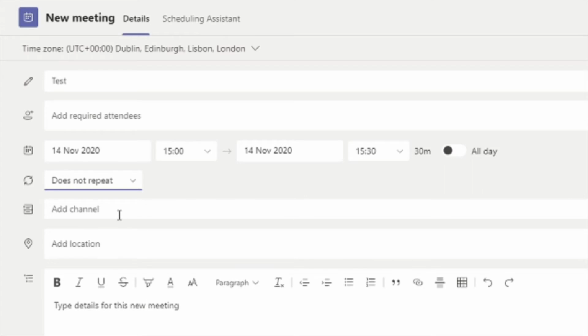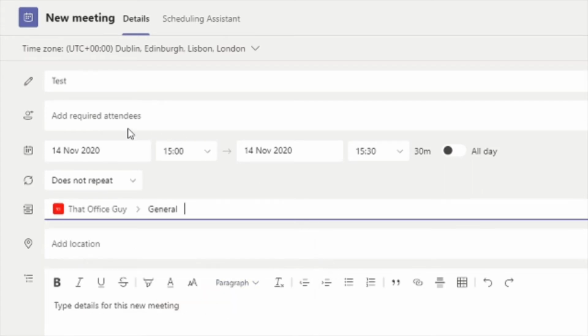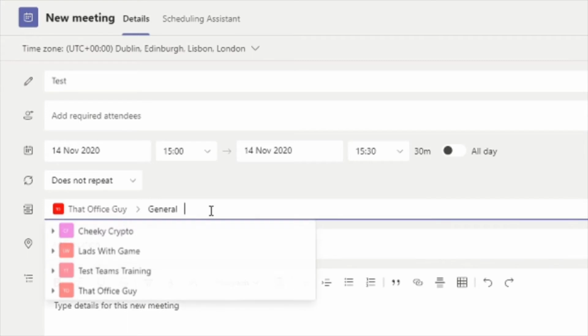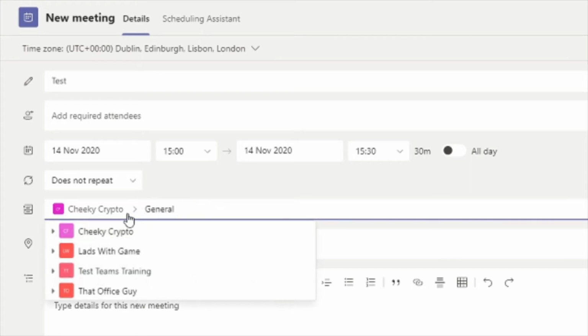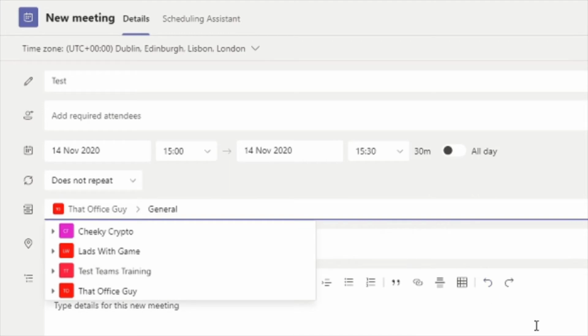This is where we can add a channel. Here you can invite an entire channel into that meeting all in one go. So there's no need to type out lots of people's names at the top here. You can invite an entire channel into a meeting with one click effectively. And likewise, if you wanted multiple teams to join, you could just go ahead and add in whatever team you needed to add them all into this meeting. So a fantastic way to make it really quick and easy to add